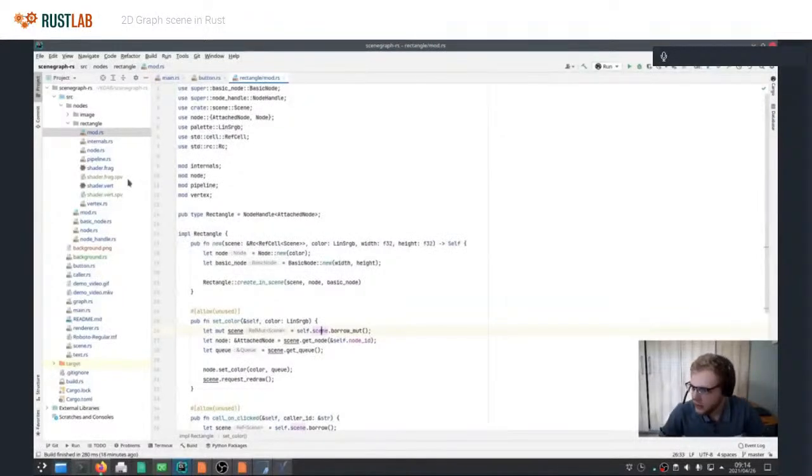I ended up with a rather complicated approach, but basically all the nodes right now are composed of two different internal elements. One is a basic node. This struct contains all the properties that all nodes in the scene need to have, which is basically a width and a height, and an x and a y.